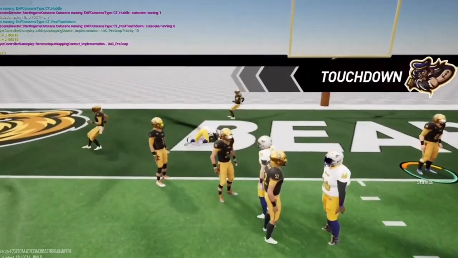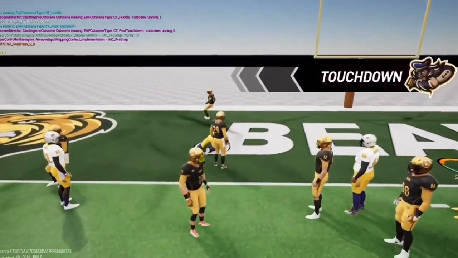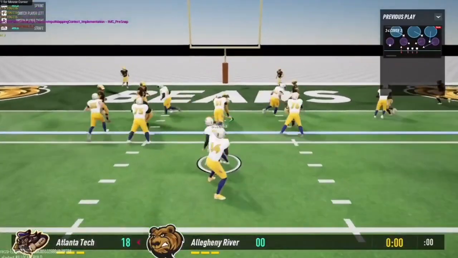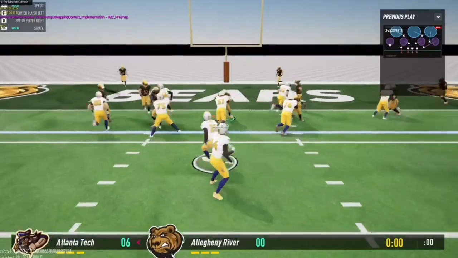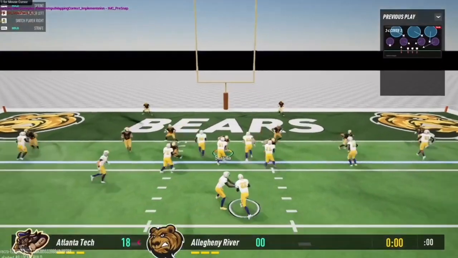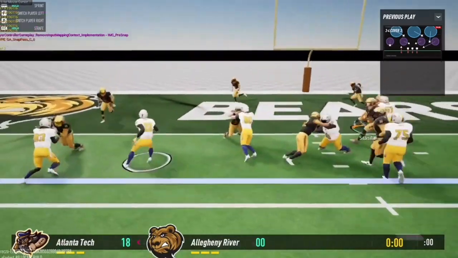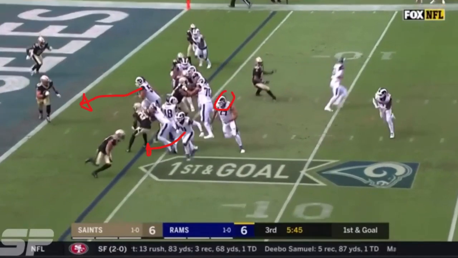right? And to kind of give you an example, I wanted to pull up some college highlights, but you know what? Hey, we're talking about the NFL here. We're talking about Madden. When you're looking at pro athletes, you should get a good idea of what you should be seeing. So when you look at Todd Gurley on a halfback toss, right? You see number 77 going out here, instead of him running all the way out